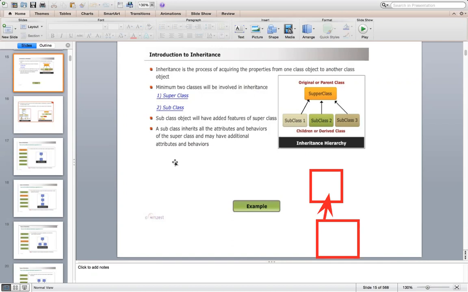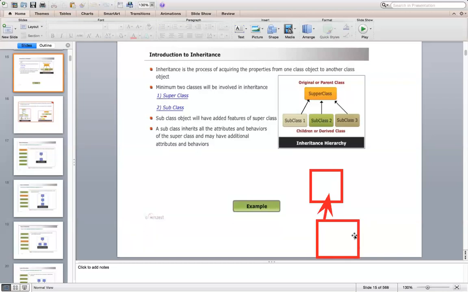You have two classes to make inheritance possible: superclass and subclass. Superclass is the class from which we are acquiring the properties, and subclass acquires the properties. When inheritance is defined, the subclass can have all the properties of the parent class. That means all the data members and methods. To be specific, all non-private members of the superclass. And second part, the subclass can have its own members and methods. And third is, the subclass can redefine or override the behaviors which are acquired from the parent class.